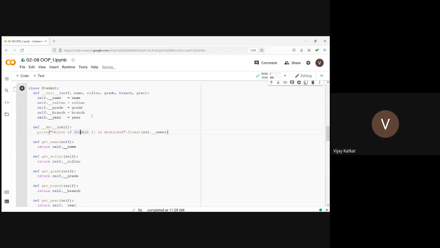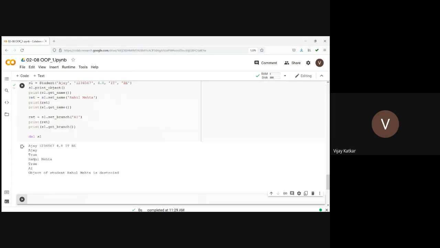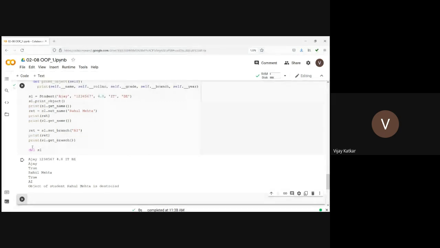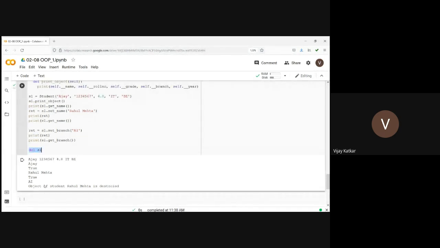It should be self, not SEL. My bad. See, the moment I am calling del S1, it is calling the destructor. It's saying that the object of student Rahul Mehta is destroyed, which is the updated name. Earlier it was Ajay, but now it is Rahul Mehta. So it is destroyed. So this is about a constructor and destructor.